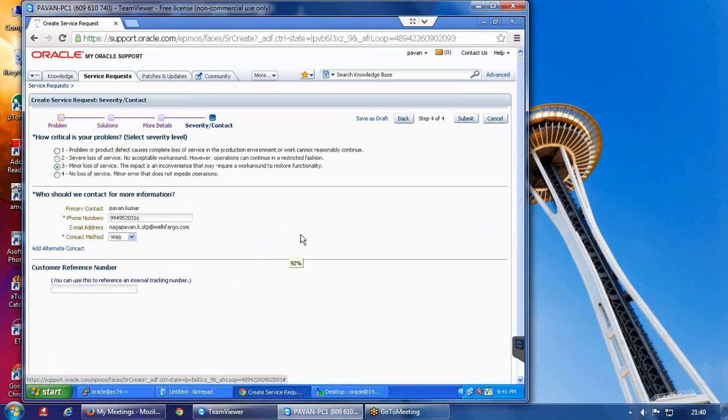And in the last screen, it is going to talk about the severity levels, depending on the criticality of the problem. There are 4 severity levels, starting from severity 1, which is the highest one, to severity 4, which is the lowest one. We need to select which severity it may fall under. Usually for production databases we go with severity 2 or 1, but for development and testing databases, we are going to use the normal severity itself.